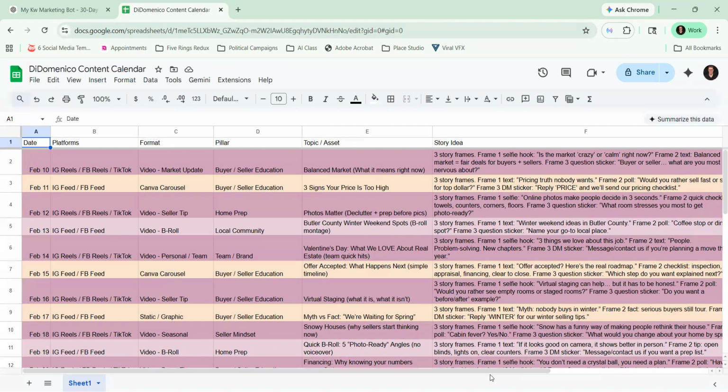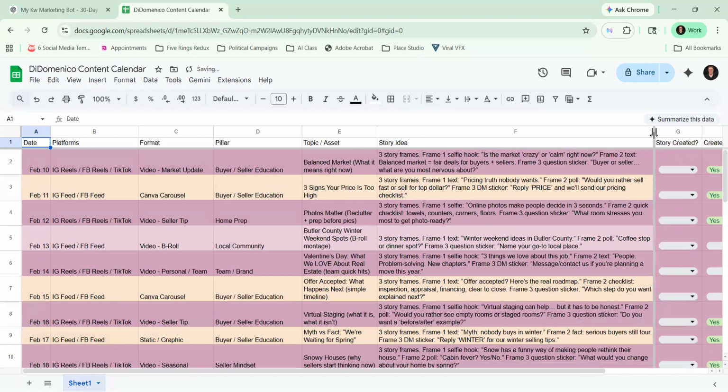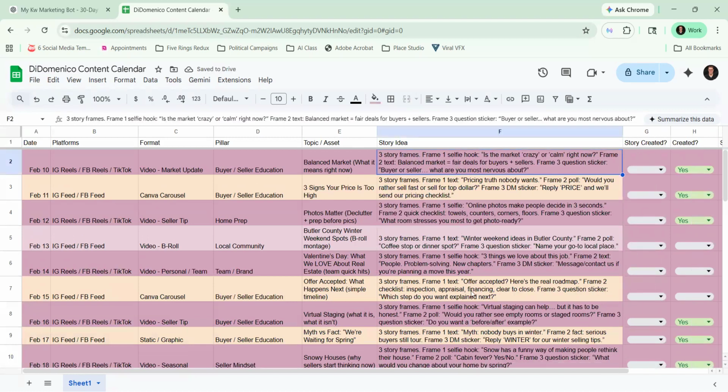So this is another calendar that I have, and you can see, obviously we have the color coding similar to that. All right. What I like to do, and they're all set up in essence the same, I don't usually have anything different. We have the story creation, we have all that other stuff. But what I like to do too is that, occasionally, if I find a story in here,